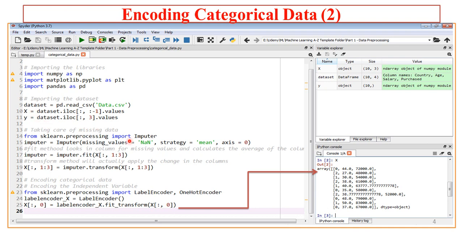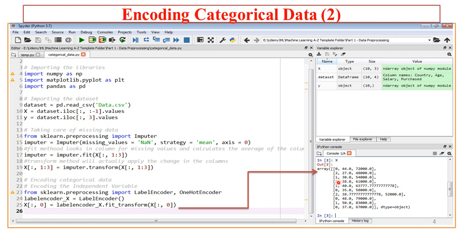Now we are having the imputer class here, then we'll be dealing with the missing data as we have discussed in the last lecture. And then after dealing with the missing data part, now we are here to do encoding of the data. So we have already seen the discussion regarding the label encoder and how this label encoder class will basically be doing the transformation using the fit_transform method.